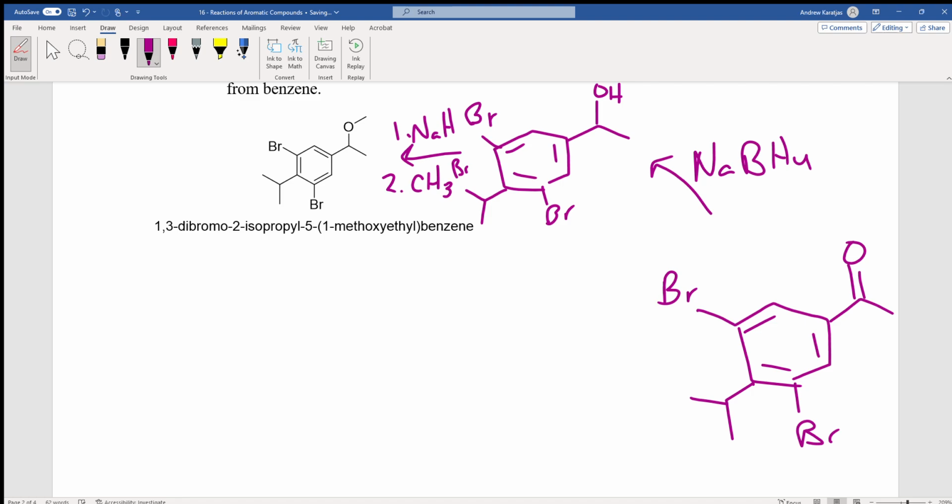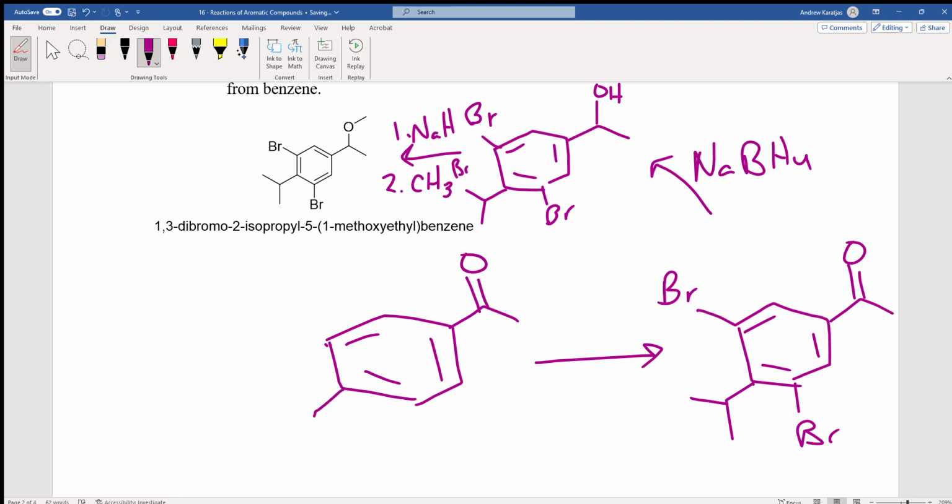Now, if this is going to work, I've got to do the Friedel-Crafts before I put the bromines, and especially before I put the carbonyl on. We know that Friedel-Crafts reactions don't really like electron withdrawing groups. Now, if I tried to make this compound from this precursor,